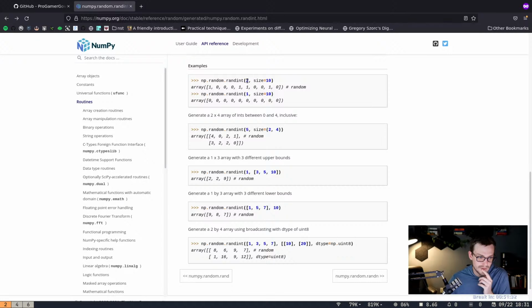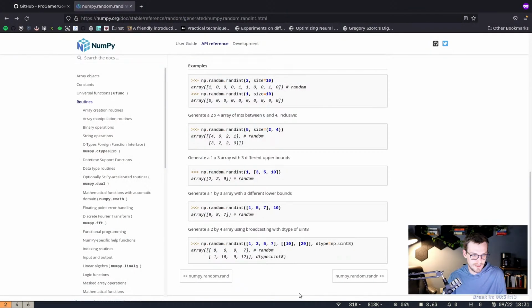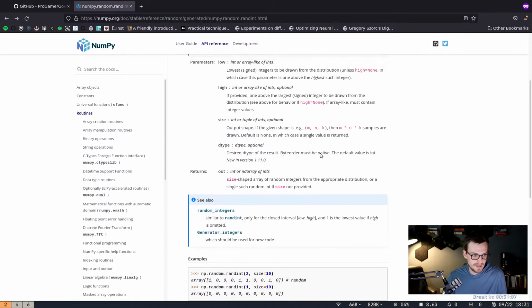Great, so this is between 0 and 2, non-inclusive. And then you give it a size. So I think I can say np dot, what was it? God, I gotta fix this because this is gonna blind people because it's blinding me. So rand int